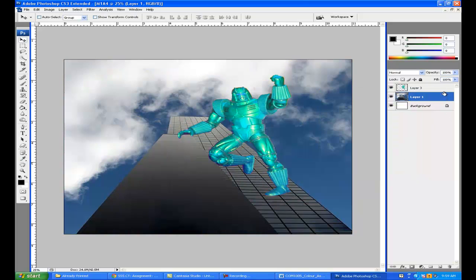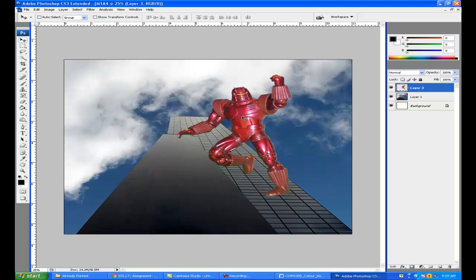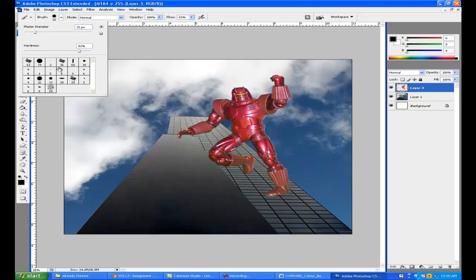So you can adjust color in your image that way, or you can, see if I just step backwards, I can change him to my original color. If you have something part of your composition that you just want to color a little bit by hand, that can be done too. You can go to your paintbrush, go up to, let's say if I want to just change this part of him, I can go in, make my brush a little bit smaller, zoom in,